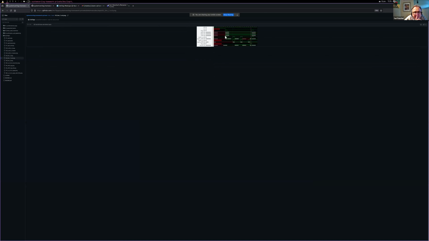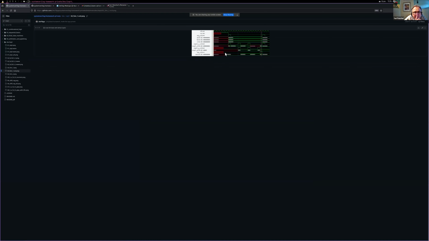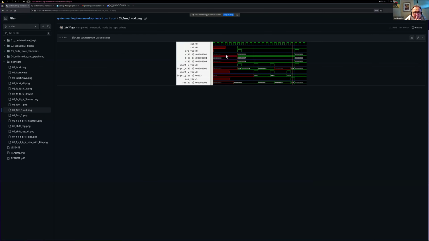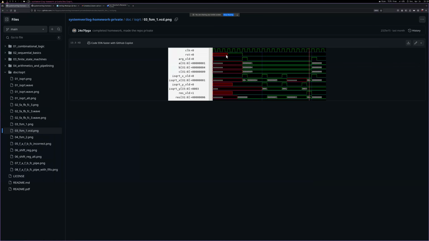First of all, we don't need to have individual valid for A, B, and C in this example. We can have only one valid for A, B, and C, and it should be ready only after the FSM finishes everything